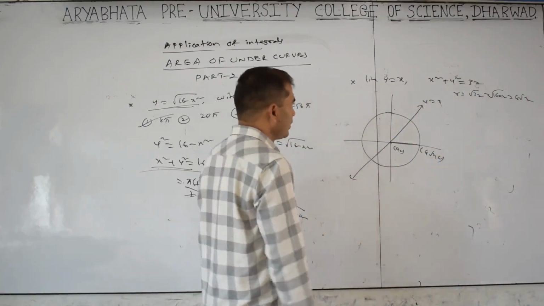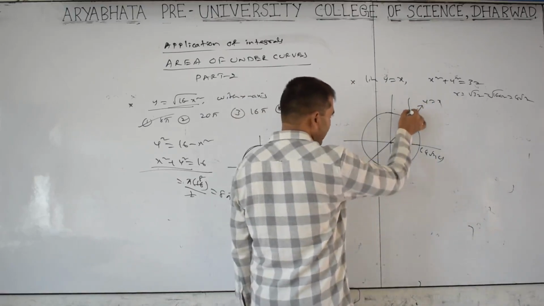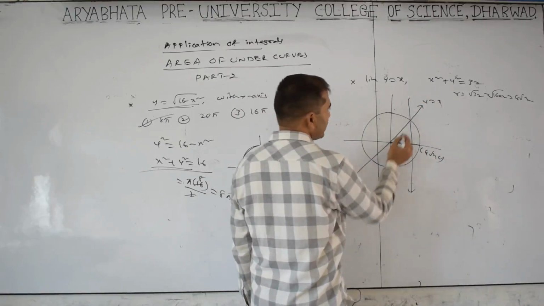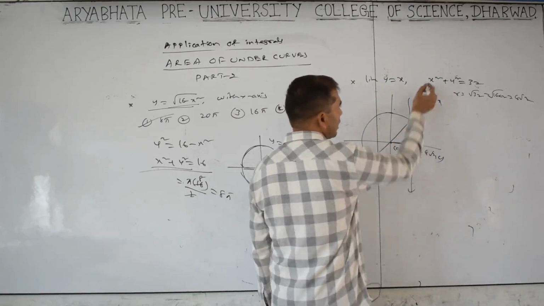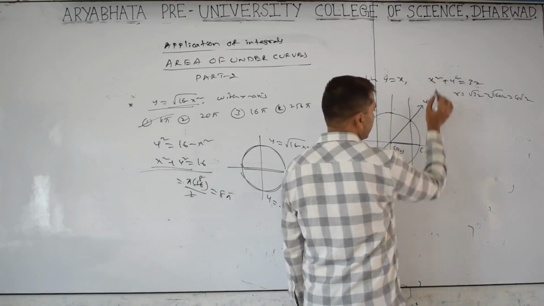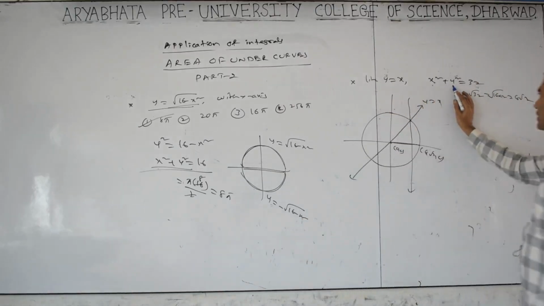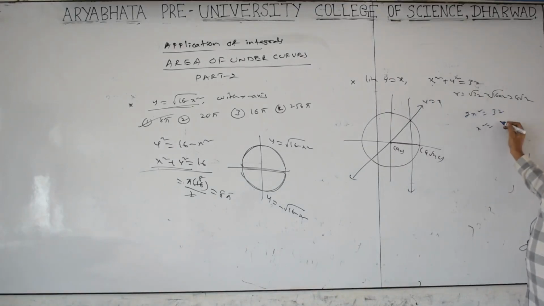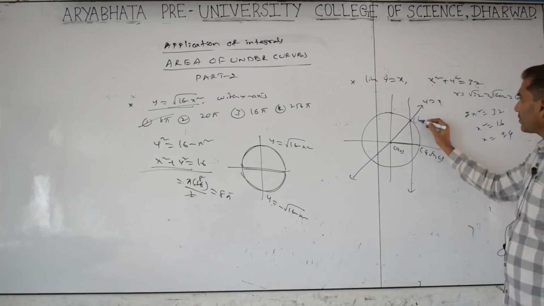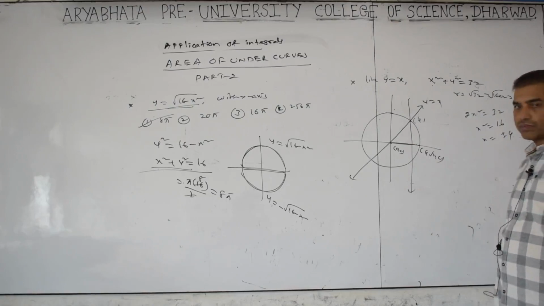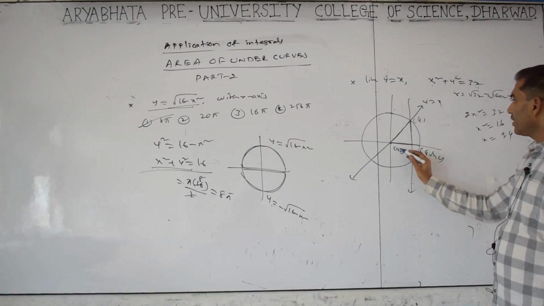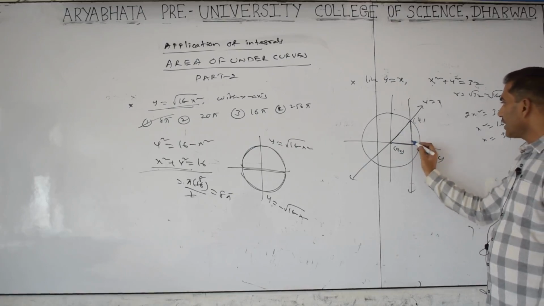Okay. Now we should find, if it is y is equal to x, what is the point of intersection of this? Then we come to know that it's a triangle here. This point how to get? By substituting here. Put y is equal to x here, x square, 2x square. 2x square equal to 32. X square equal to 16. X is equal to plus or minus 4. Here x is equal to 4 here, and next minus 4. So 4 comma something we will get. So we got this point here. This area, okay, triangle it is.